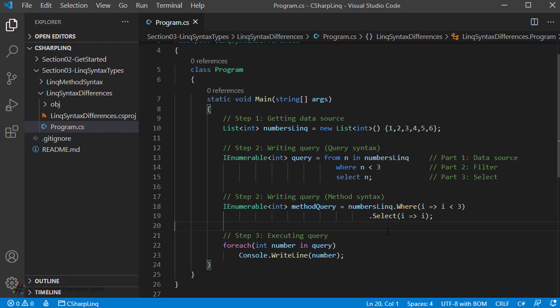For example, if you consider the sample which we have been using so far, here we have the select which is used in the query syntax. This is mandatory. You cannot skip it. If you're going to remove it, then at least you have to use the group clause. Whereas in the case of method syntax, this select is optional. So we can even go ahead and remove it and then use the other operators straightforwardly. What happens in this case is that the compiler knows that it is a method syntax and it picks the type as per the type of the variable. So in our case, it's a list of int, so it knows that it's going to return an integer type.